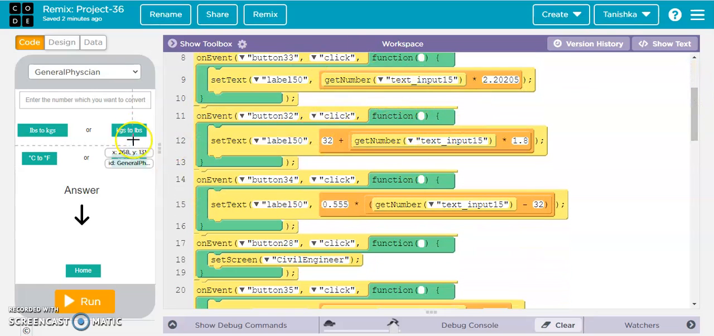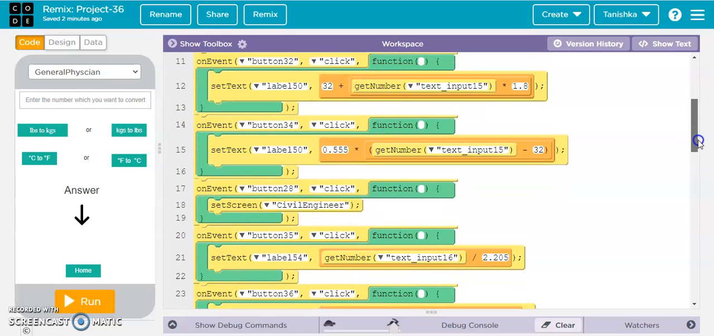This is the formula for converting kgs to pounds. Then the next block is on event when button 32, which is this degree Celsius to degree Fahrenheit button, is clicked, set text on label 150, 32 plus get number text input 15 multiply by 1.8. So first it is going to multiply the degree Celsius value by 1.8, and then it is going to add